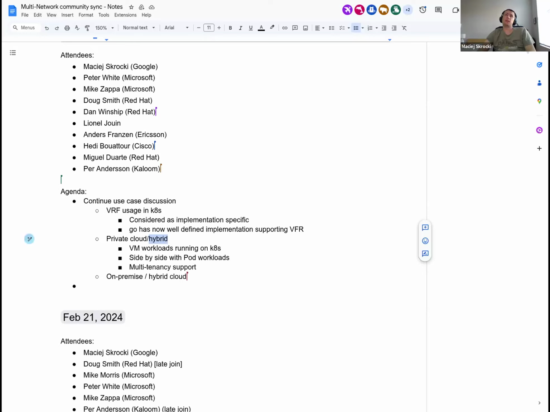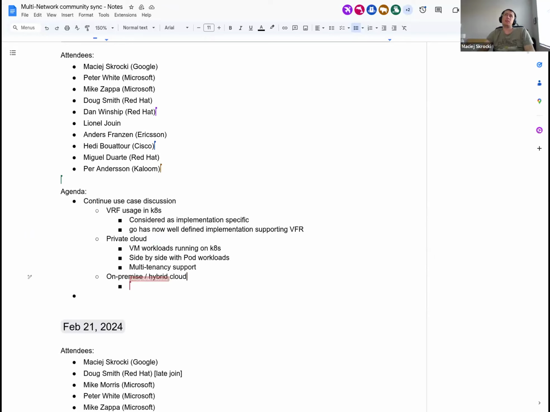Oh, I see what you're saying. And okay, now I see that use case. Okay. So basically this is just disconnected fully. Okay, here is on premise / hybrid cloud. So that's good to distinguish those two. But then, what's so specific about the hybrid approach that you would need for multi-networking? Isn't that similar to, let's say I have,